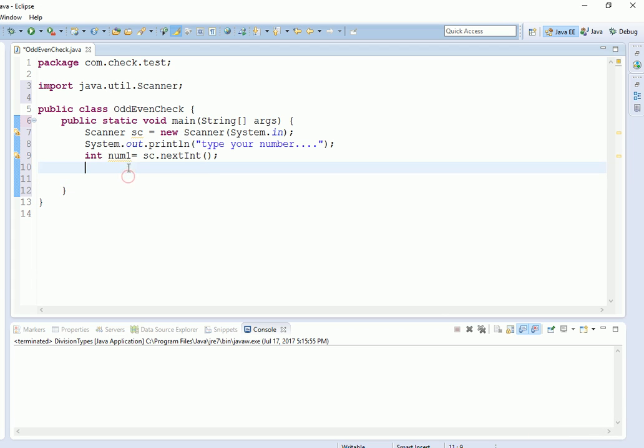We have already taken a number. Now we have only two conditions: if the number is completely divisible by 2 or not. If yes, then this will be an even number. If this is not completely divisible, it means that the number is not even, that is, an odd number. But what is the meaning of completely divisible? In Java, completely divisible means